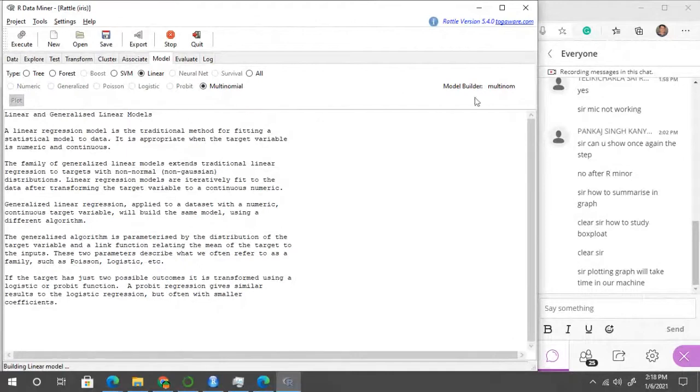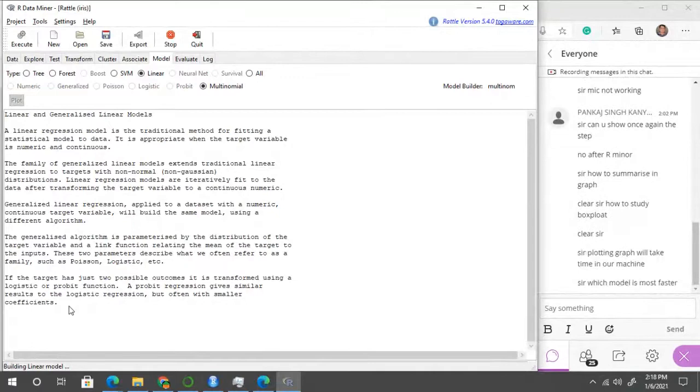The linear model will take much more time for execution, whereas other models like tree and SVM will not use much time to evaluate. Sir, which model is the fastest? It depends upon the execution.